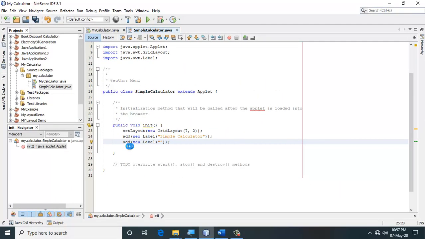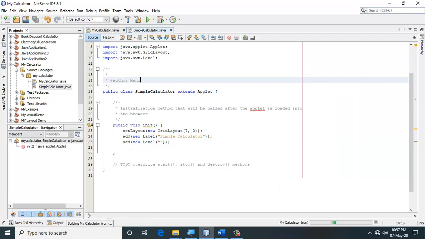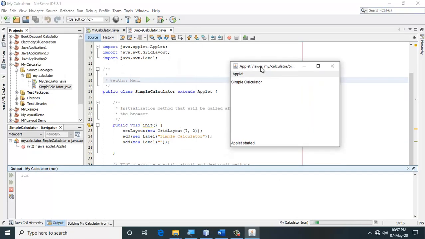Let's look at how it's going to appear. So when I run my file, you will notice that a calculator has been created. Now there is a grid here which is not visible, but it is still there.